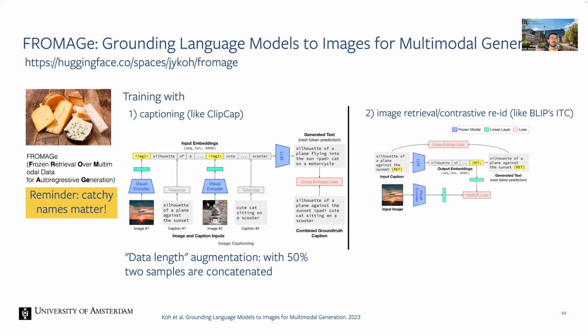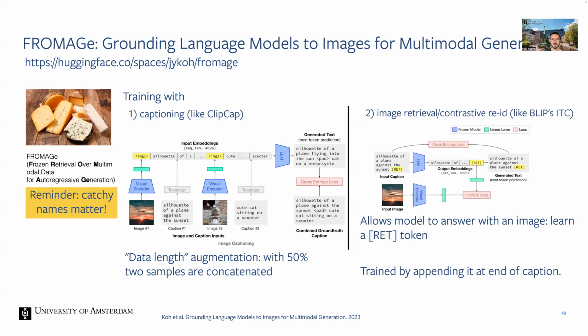It's a red token here. It goes through the language model, and then you take this embedding to be mapped close to the image embedding. Again, these green things here are linear layers. And yeah, you have this generated text via next token prediction, which is a cross entropy loss. That's a cross entropy loss for captioning, and the InfoNCE loss for this matching part.